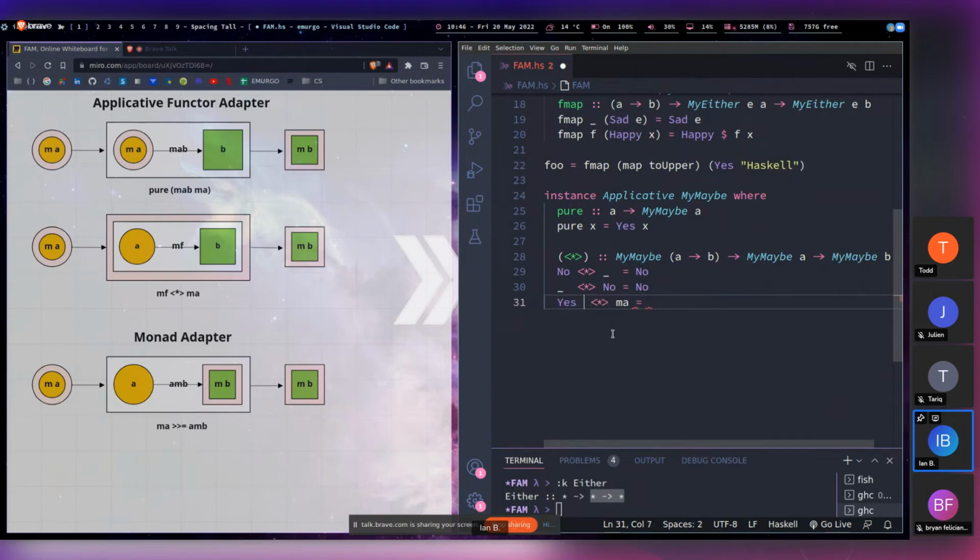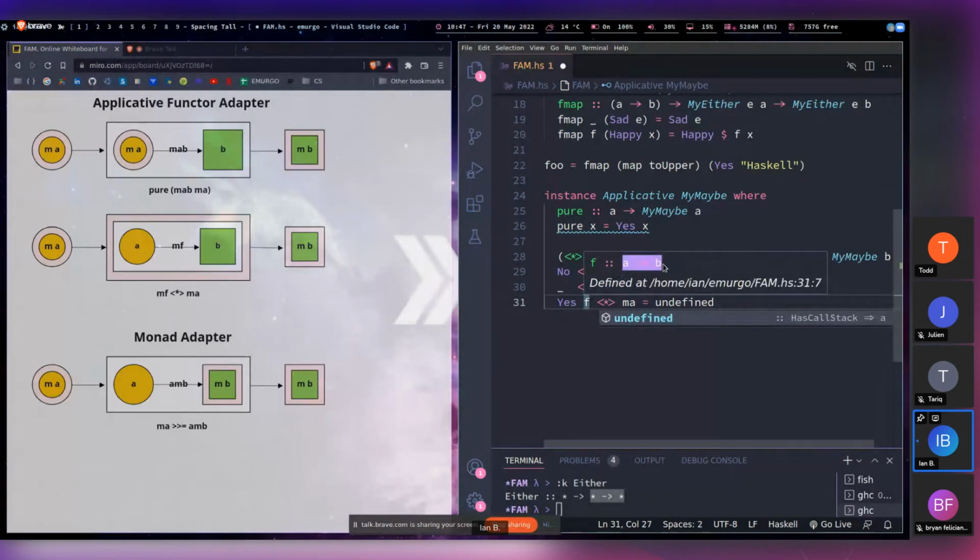Let's try deconstructing it just to make it a little more clear. So this is a yes function in this case, right? Because otherwise we would have matched this pattern here. So we know we have a function and it's wrapped in a context of yes. And now what I could do is the type signature of f, if it'll show that to me here. I think I might need to put something here, but